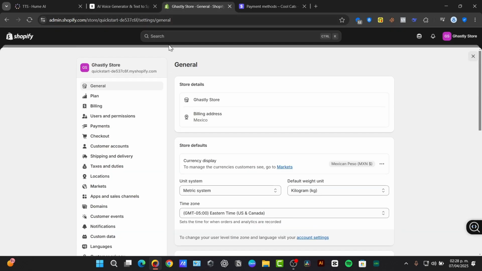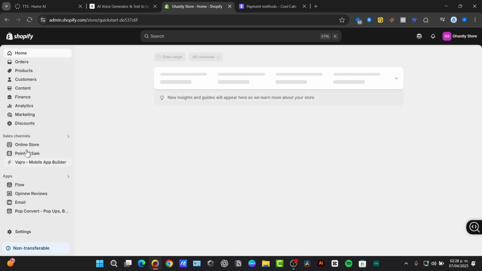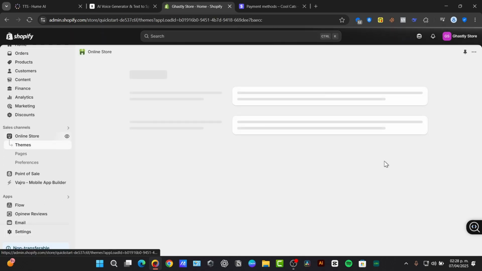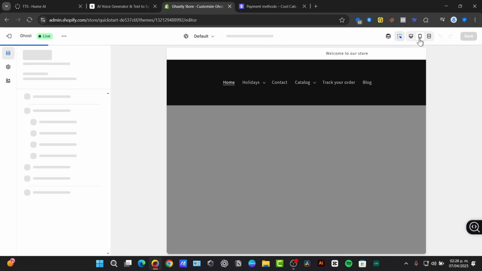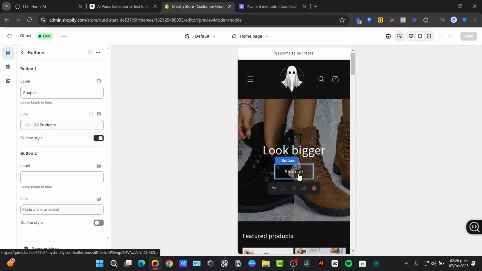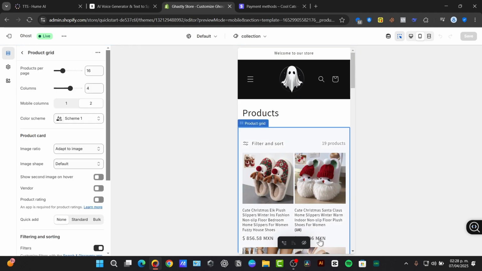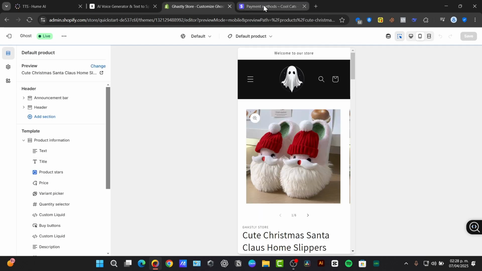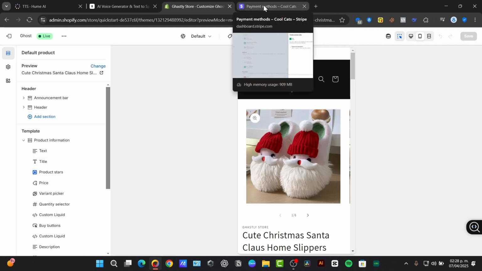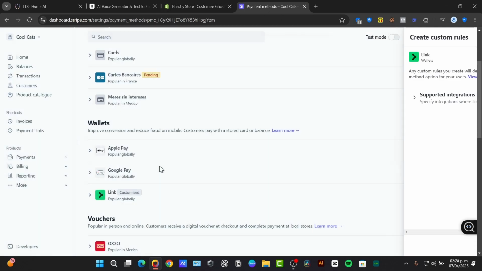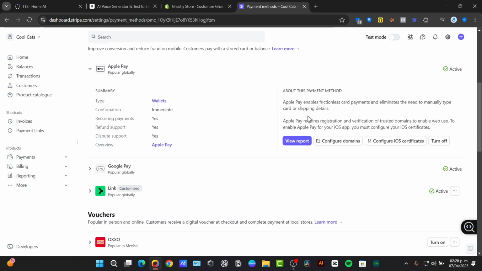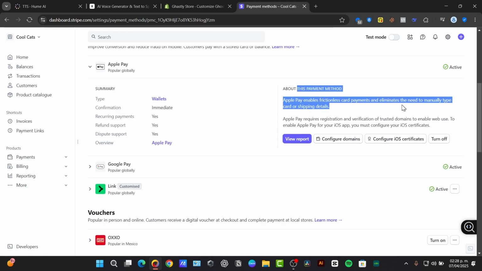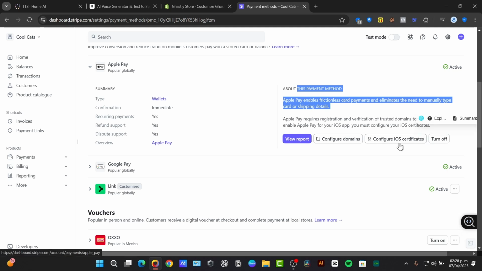So when they check out my website, which in this case should be here, online store, my themes. When they check out this website, I'm going to hit customize and go for a mobile view, and they want to make a purchase. When they hit purchase, the UPI might appear, depending of course on the settings that you chose, and it's going to show here how would you like to pay, which in this case is the wallet, Apple Pay, Google Pay, whatever. So here is the information about this payment method. We can configure here the domain and view the report, but in this case the three of them are actually